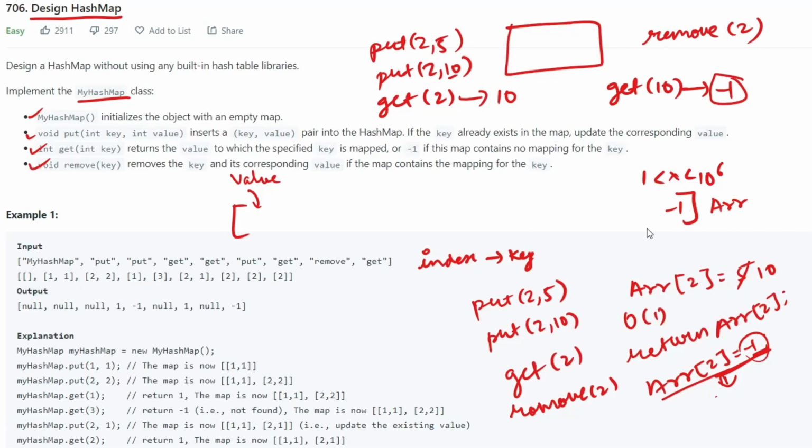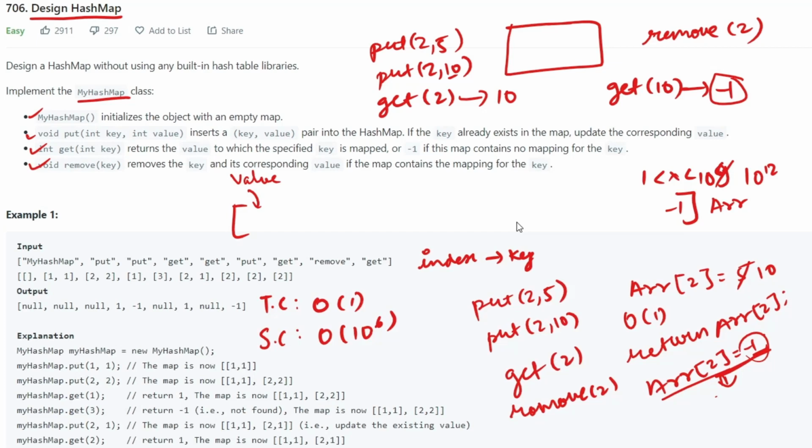So this is a very simple solution, which is very time efficient. Time complexity will be O(1) for all operations, and space complexity will be 10 to the power 6 right now. But let's say if our values were 10 to the power 9, or 10 to the power 12 or more, this solution would not work.